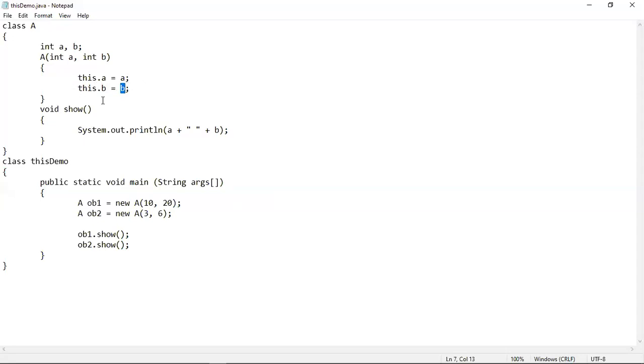So if the compiler can understand this value assignment or initialization statement, then there is no problem, and the program will work in the same way it worked in the previous example. It will give you the same output as the previous program, that is 10 20 in the first line and 36 in the next line. So let's execute the program to see the output.